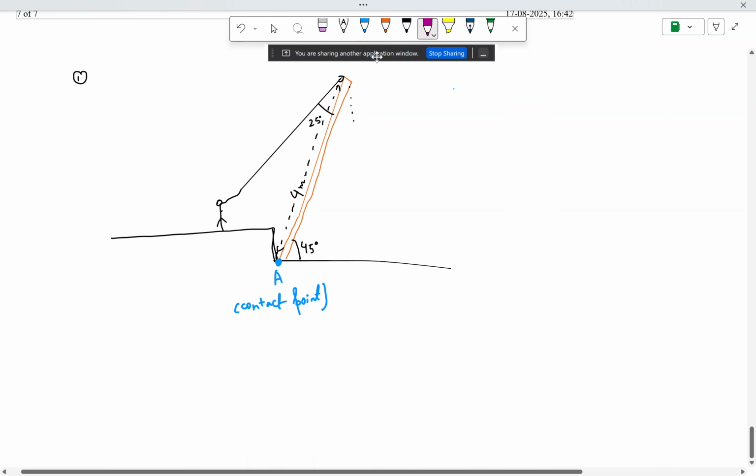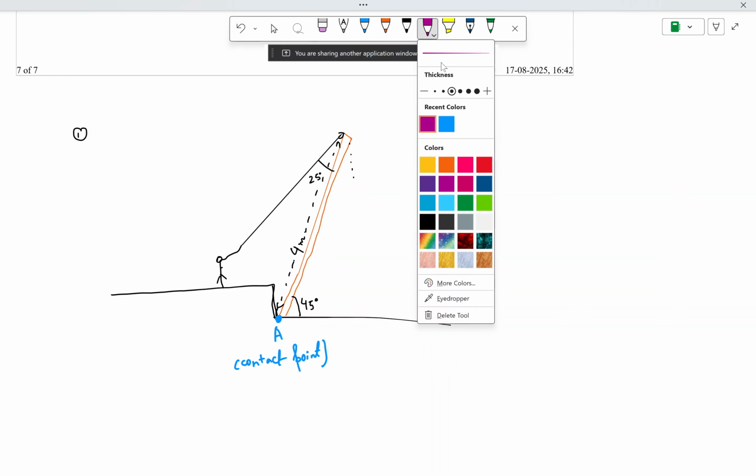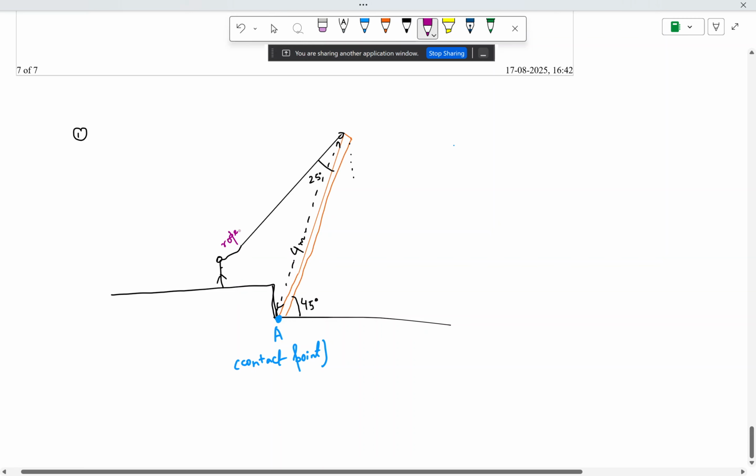Because there should be multiple components of forces, basically 3 components of forces acting in this question. First of all, let us consider the pull force, because the man is pulling on the rope here. So this is your rope where the man is pulling, and because the man is pulling towards him, the force or the tension because of that pulling will be acting down this direction along the rope. So this tension we call it T, right?